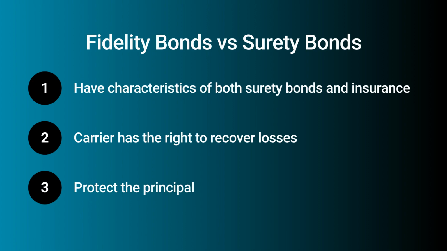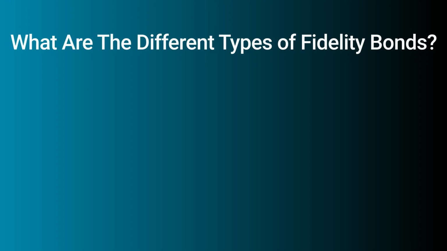Remember, surety bonds provide no coverage for the person that purchased the bond, aka the principal, and require the principal to repay the surety company for all losses. However, Fidelity bonds provide coverage for the principal and/or its customers, and do not require the principal to repay the carrier for losses. There are multiple different types of Fidelity bonds, the most common of which include employee dishonesty bonds, which protect a business from the dishonest or fraudulent acts of its employees.